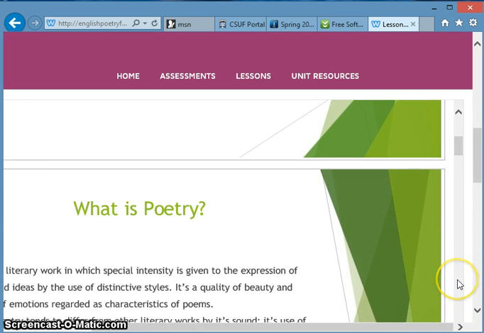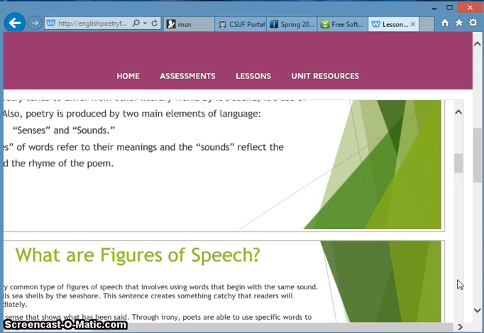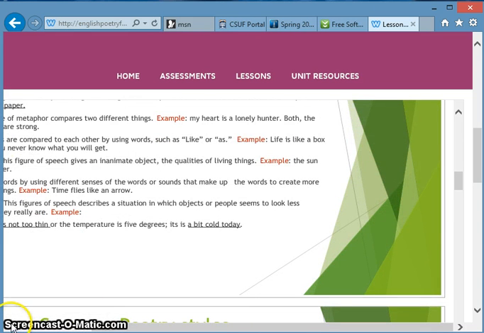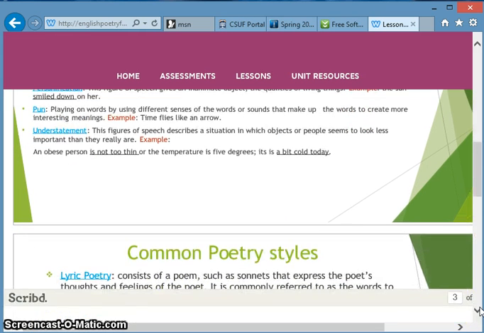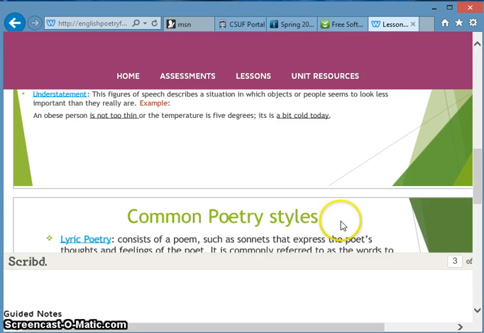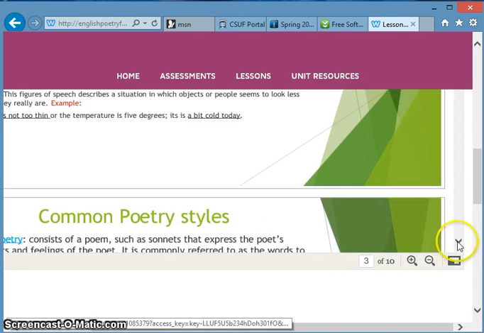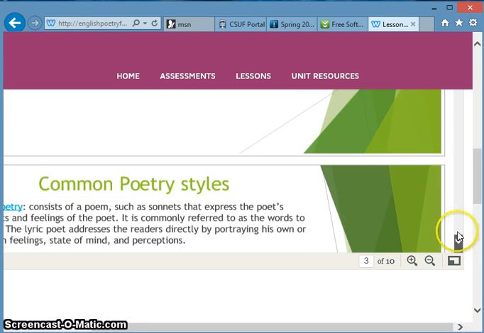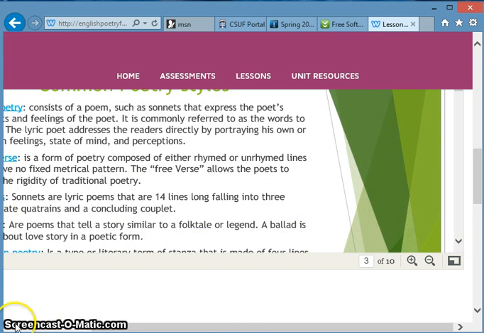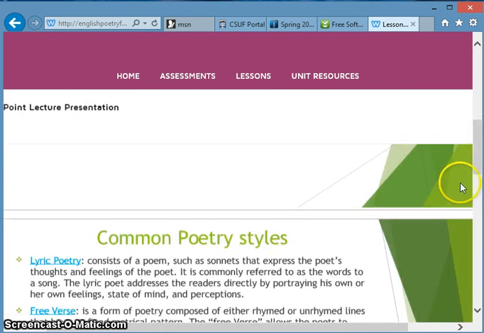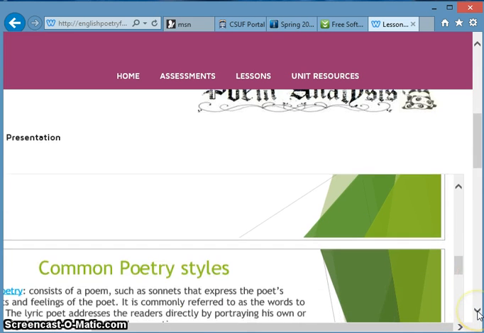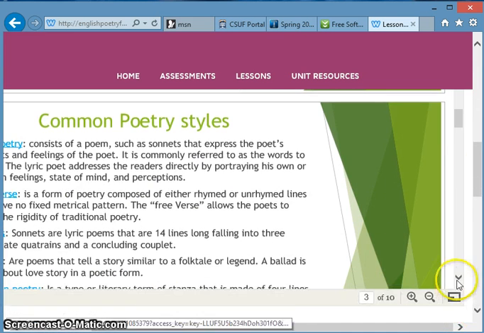And these slides also contain the basic elements of poetry, such as the figures of speech that students should analyze in a poem, which is a basic step they should know about, and the common poetry styles, such as lyric style or sonnet. So students can view here the different types of poetry, such as verse, ballad, or lyric poetry style. Students can scroll down also